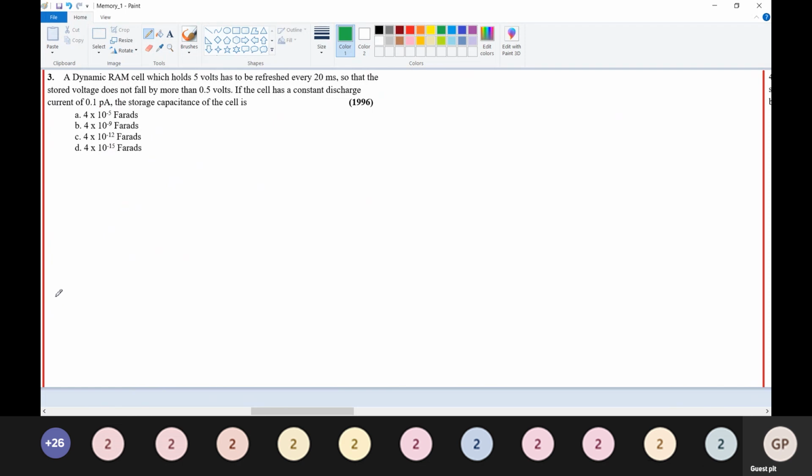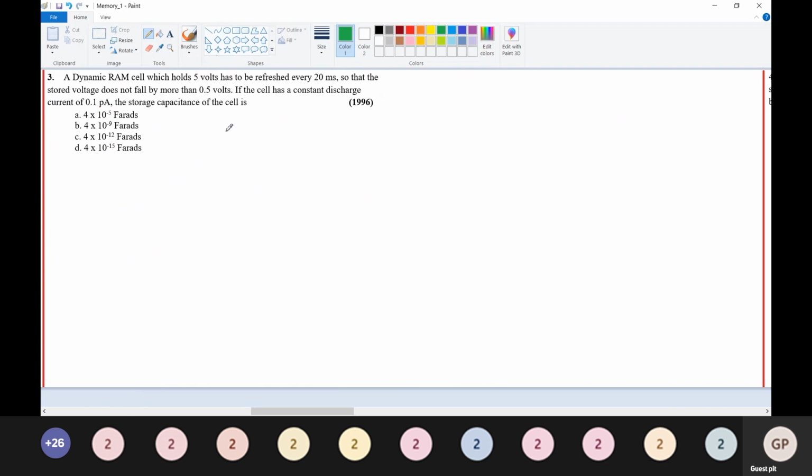It's nothing but a dynamic RAM. You have a dynamic RAM cell which holds a voltage of 5 volts, that has to be refreshed every 20 milliseconds, so that the stored voltage does not fall by more than 0.5 volt. Okay. So you know what is the